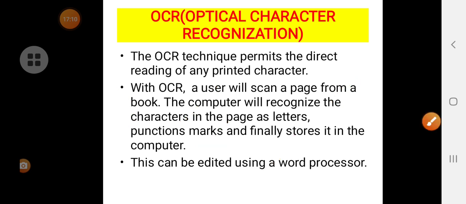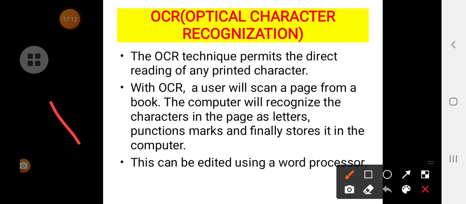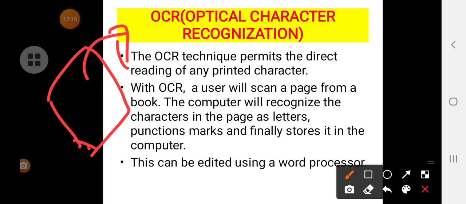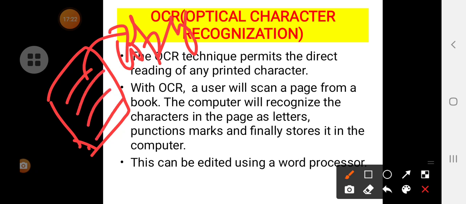What this OCR will do is, just like a Xerox machine prints copies, this OCR will scan and convert the page into letters and punctuation marks, and it is stored in the computer. That is, the hard copy is converted to soft copy. That soft copy can be edited.